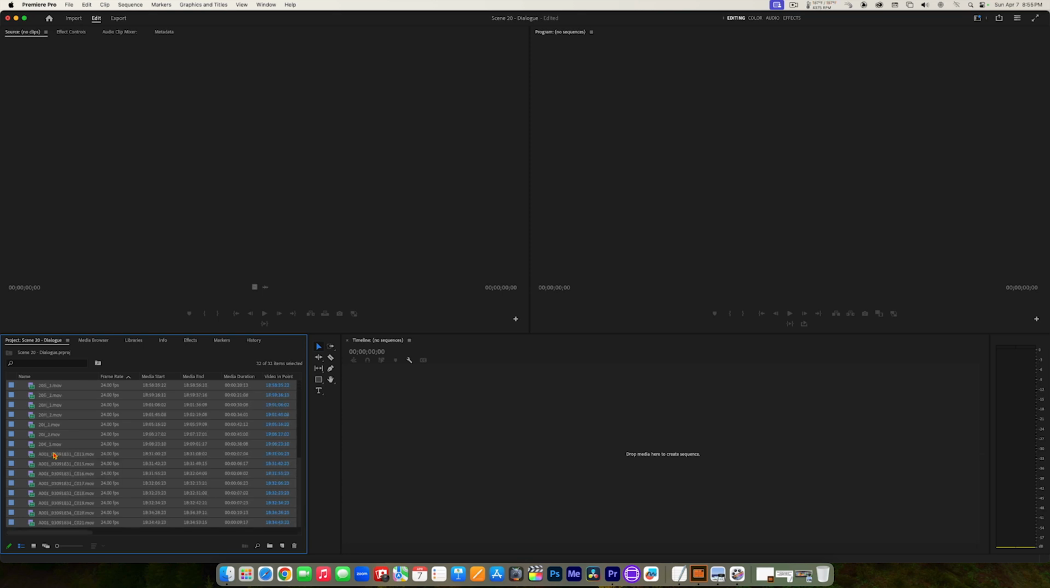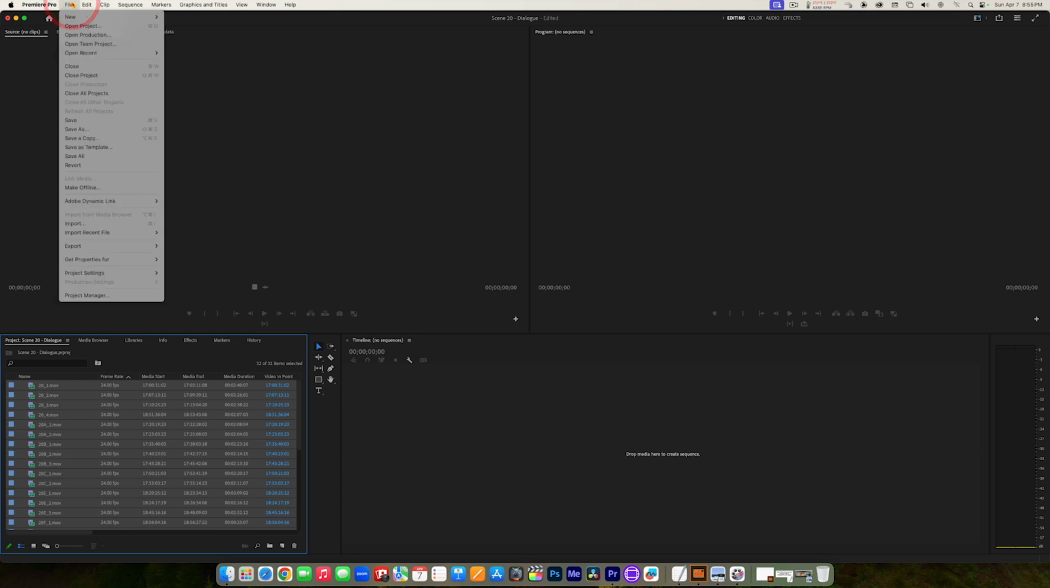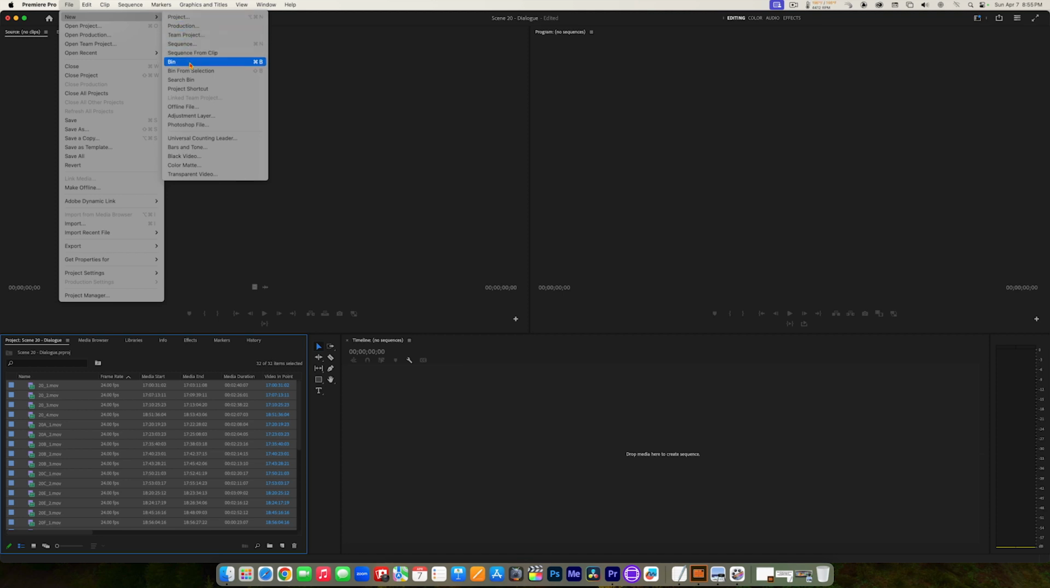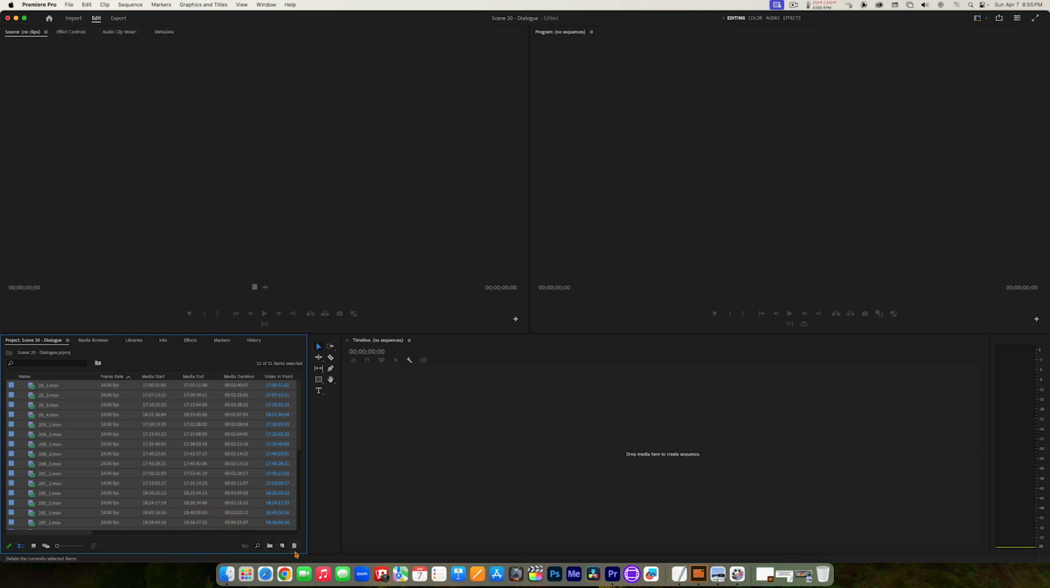We're going to put all of these into what's called a bin. It's like a container, kind of like a folder within our project. So we need to create a bin to put these clips into. There are several ways to do this. I could go up to File, New, Bin. Or if we go to the bottom right corner of the project panel, there's a button